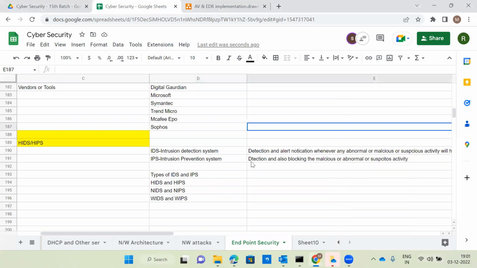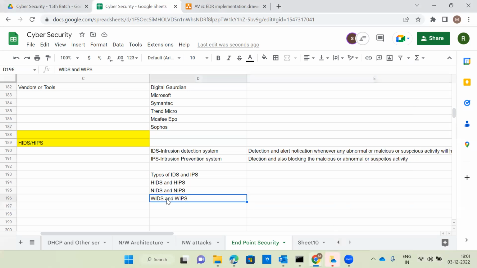Okay. So even wireless IDS and wireless IPS also, we have to monitor. Okay, I will explain full details about what is wireless IDS and wireless IPS at the time of firewall. Okay, so whenever you are going